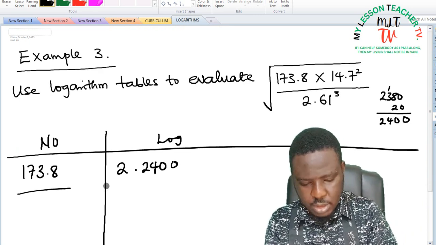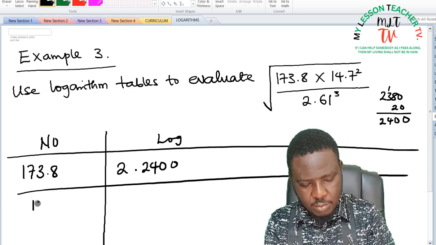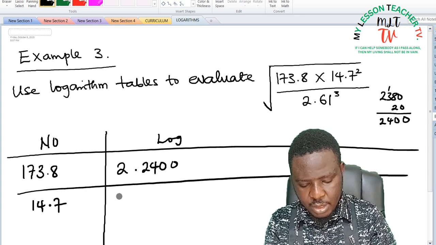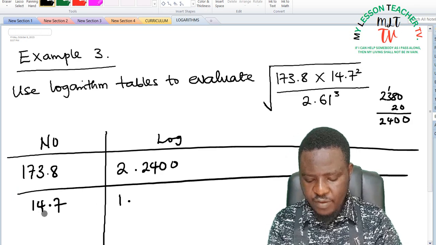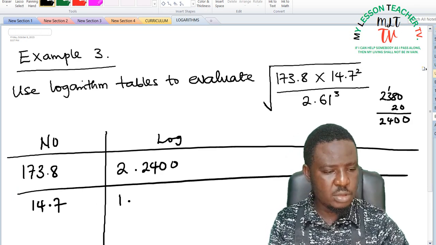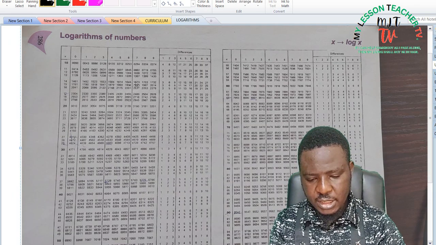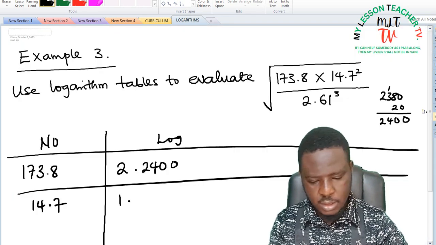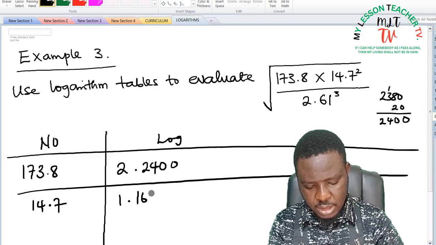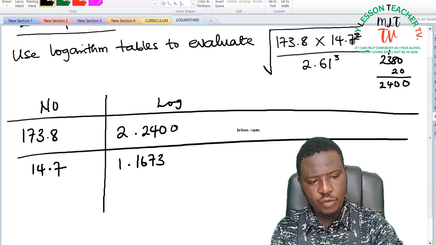I'll do the same with 14.7. This is 1 point. Then you look for the value of 14 under 7. 14 under 7 is 1673. This is 1673. I'll then look for the square of